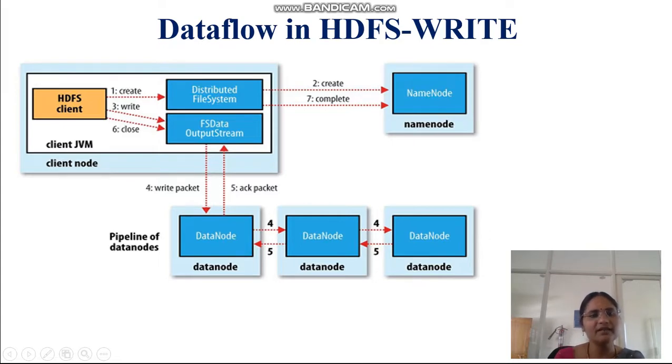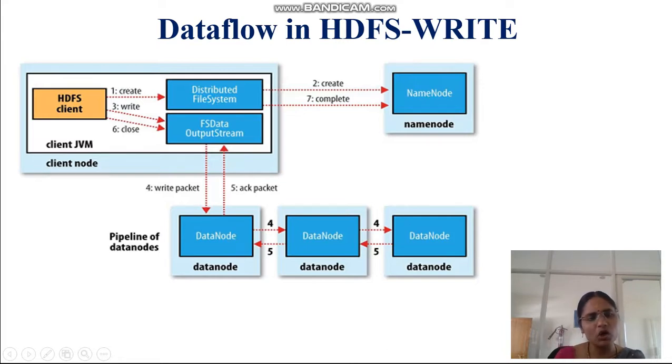So now our client is invoking the output stream functions. So in that particular data node, whatever data the client wants to write is going to be updated. The write operation is going to be completed. The important point here is that after the client writes each and every packet in the data node, the data node sends an acknowledgement packet back to the client. Through that acknowledgement packet, our client can understand that the write operation was successful and the data has been updated in the data node.